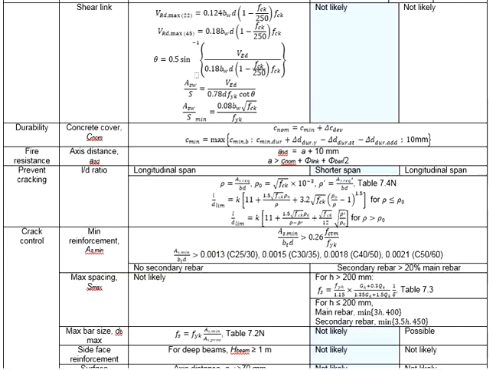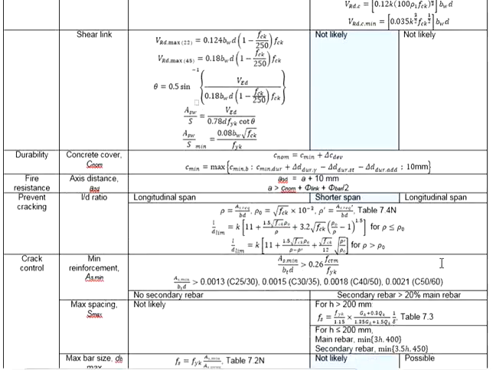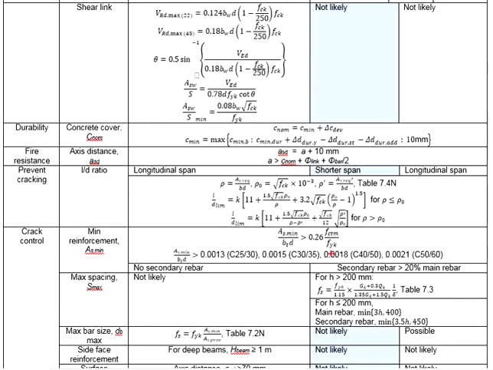There will be longitudinal bar and links, no secondary reinforcement bar, and therefore this requirement is not applicable for the reinforced concrete beam. As for the slab and the staircase, there will be main reinforcement bar and the secondary reinforcement bar. You will need to make sure that the secondary reinforcement bar must be at least 20% of the main